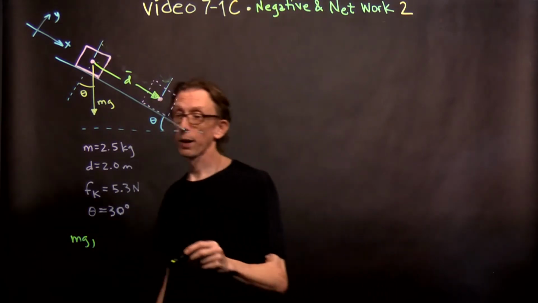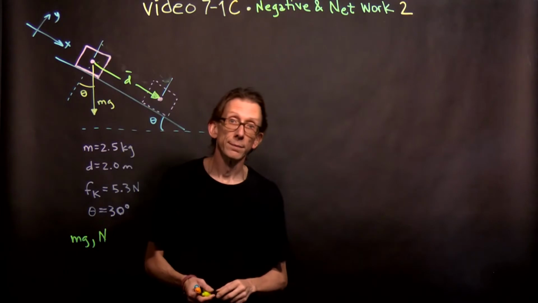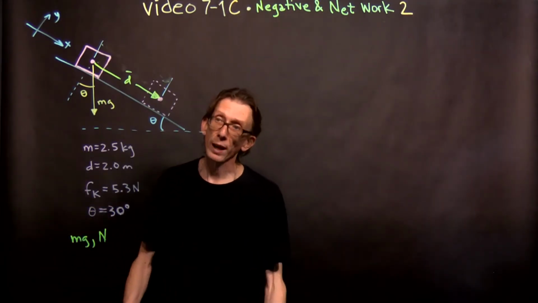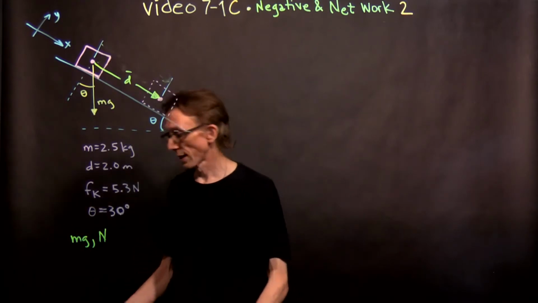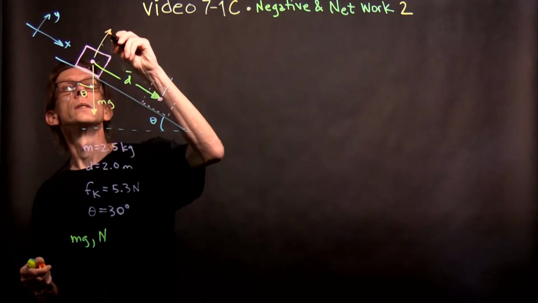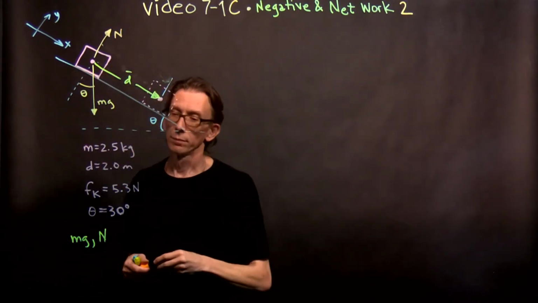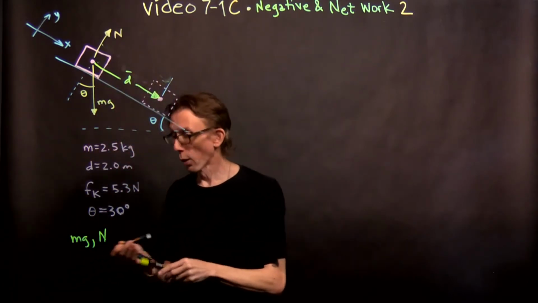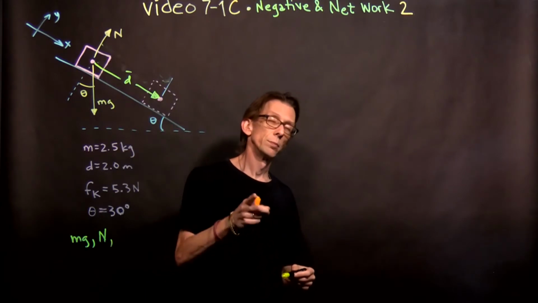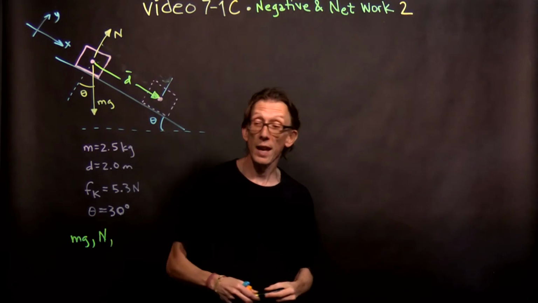What's another force acting on the block? The normal force, right? What direction is it? Well, what does normal mean? It means perpendicular to the surface of contact. So the normal force is in the positive y direction. Right there. So we have weight, we have the normal force, and finally we have, it's given to you,